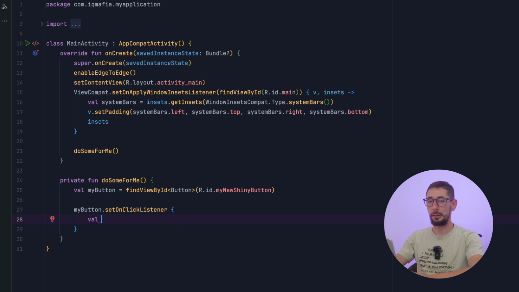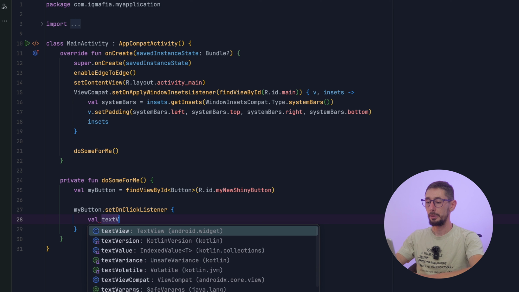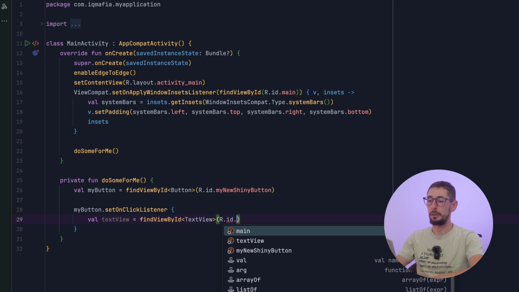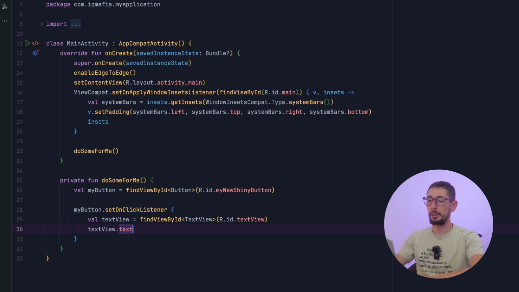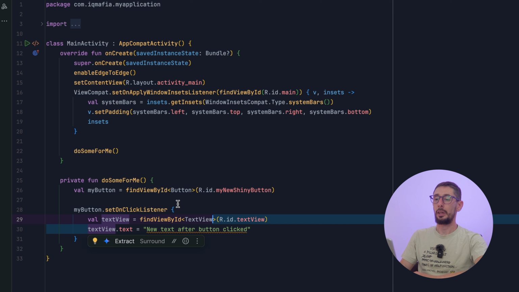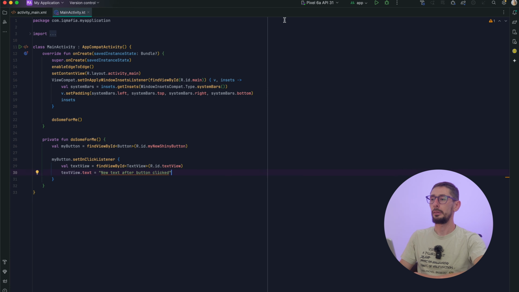For example, val textView, R.id.textView, textView.text. Here it is. We have a button, we have a click listener of this button, and inside the click listener we ask the text view to change its text. Let's run